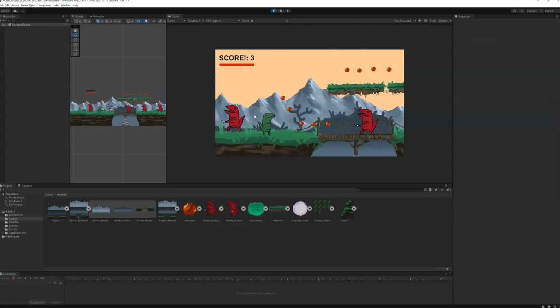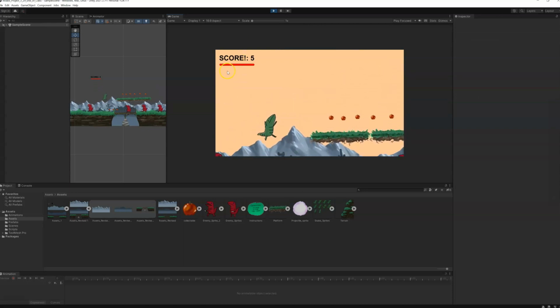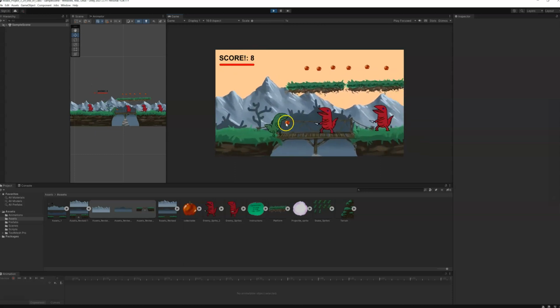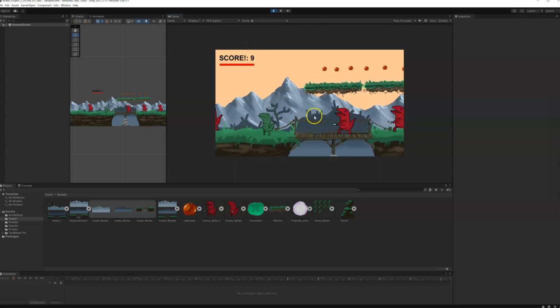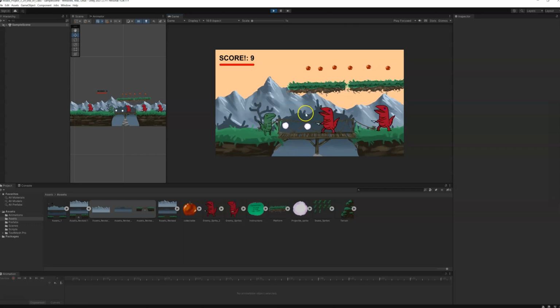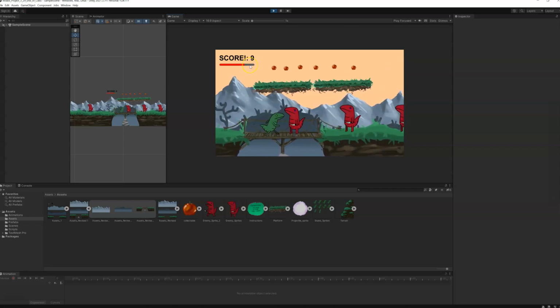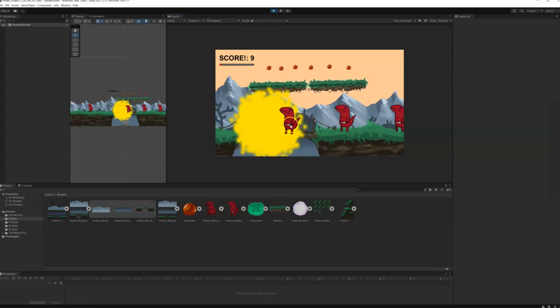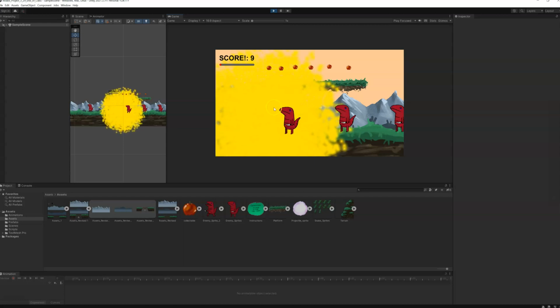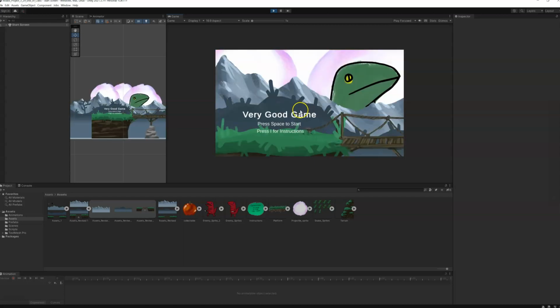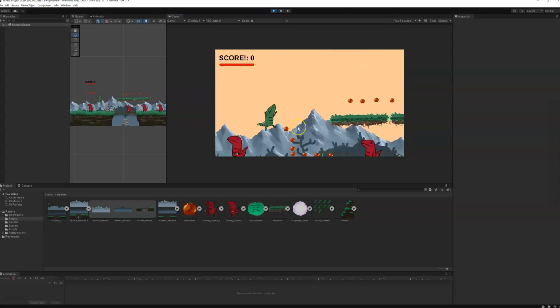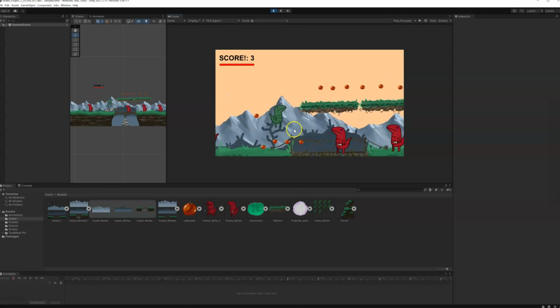So in my scene, I can move around, I can jump, I can collect some collectibles that add to my score. I have an enemy that I can shoot at. The enemy can damage me right here. And if my health gets to 0, my character dies in a dramatic fashion, apparently. And then I'm loaded back to my start screen. I can restart, I can press space again, and this time I can go through